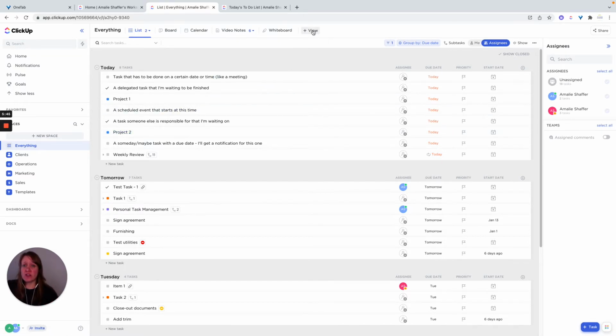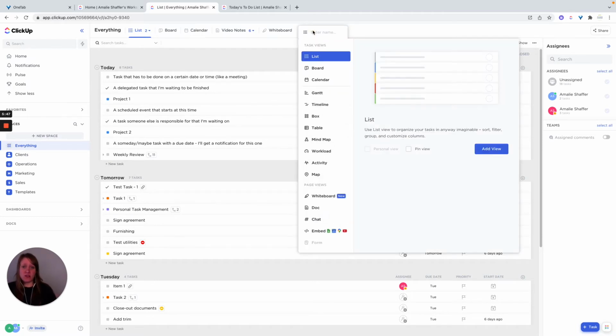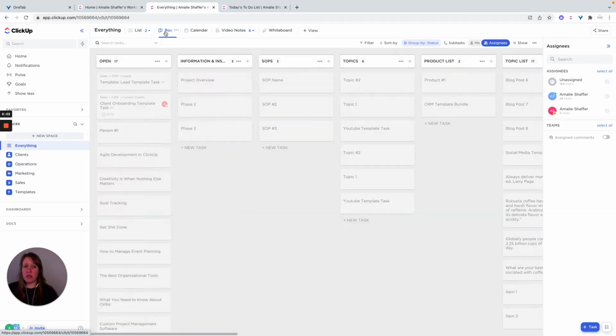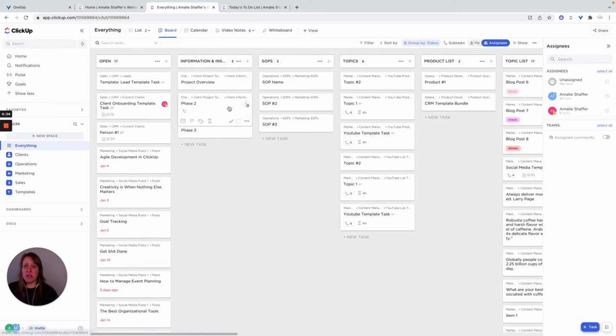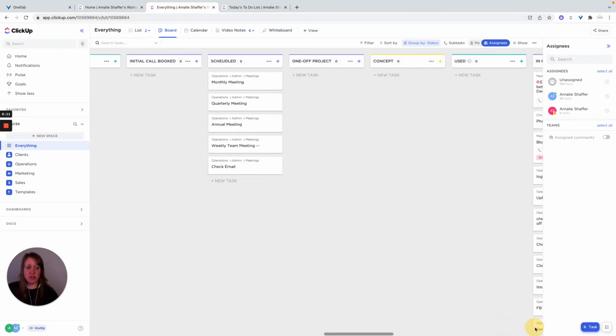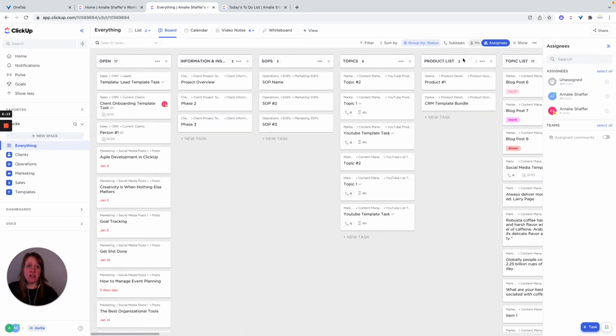There are other views too. I don't typically use a lot of them, but you could set the same thing up in the Gantt view, maybe the table view, even the workload view or something like that. But I typically stick in the list view, sometimes board, but not typically. Now this is going to show everything in the board view, so you can see that straight across there. And again, if you want to,